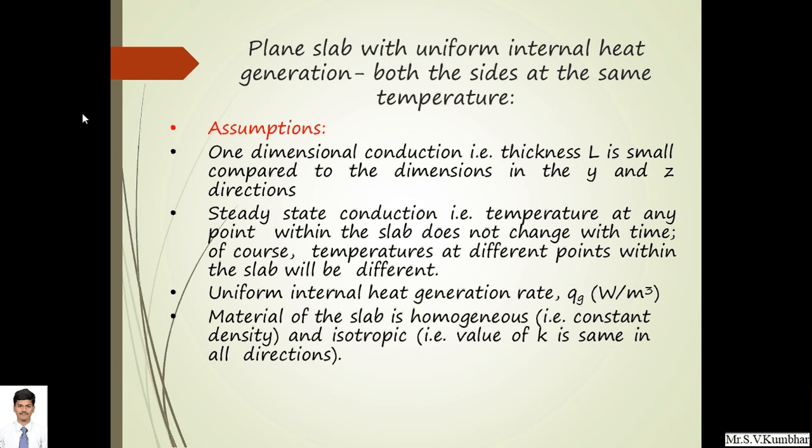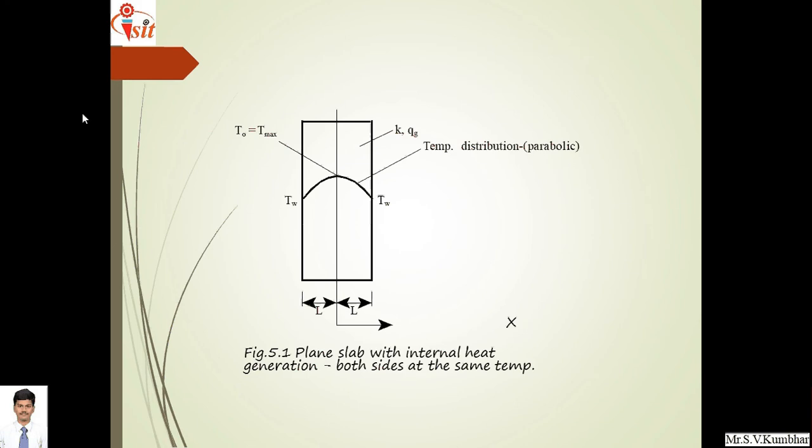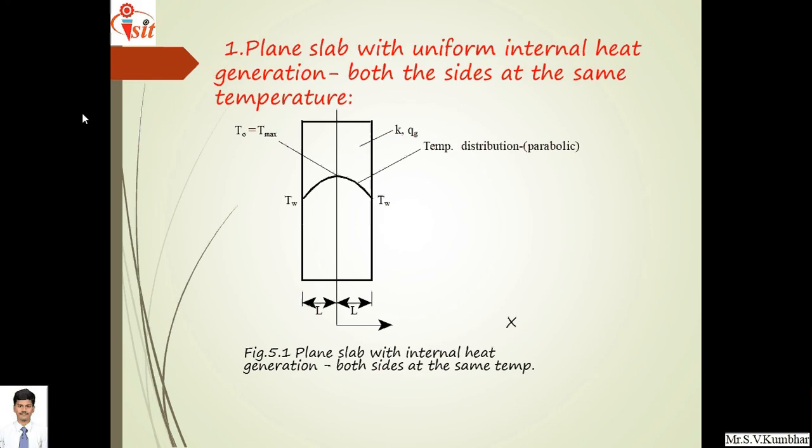Third, there is uniform internal heat generation in the slab, that is at Qg rate, watt per meter cube. Next, the material of the slab is homogeneous, which is made up of the same material, that is, density remains constant, and the material used for the slab must be isotropic in nature. The thermal conductivity remains the same in all directions. Now we'll start with the first derivation,